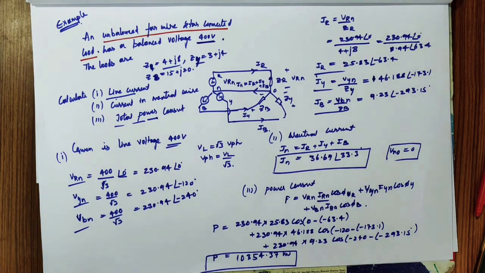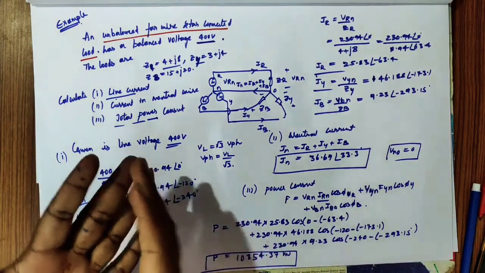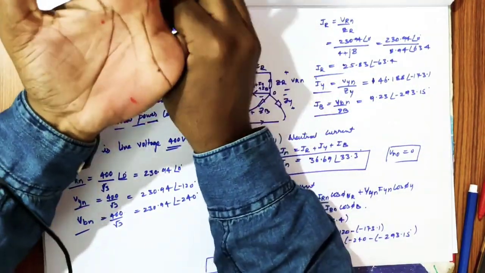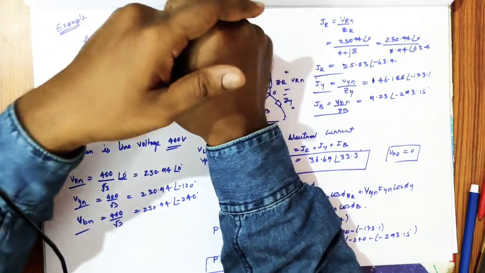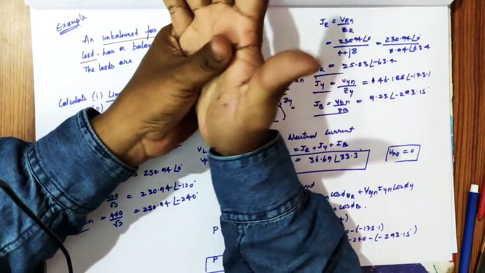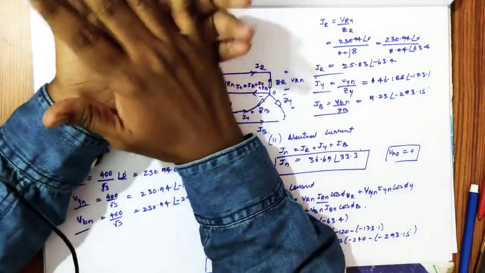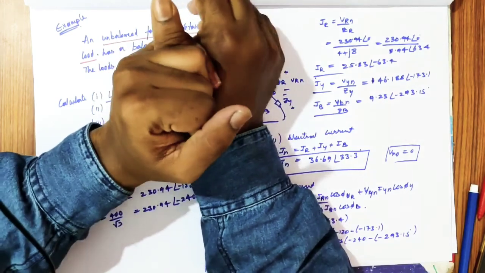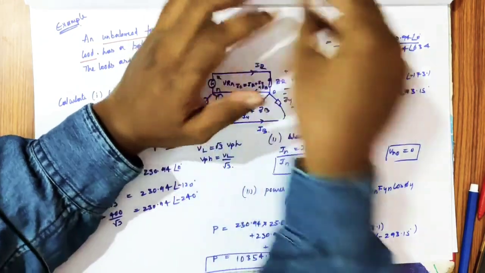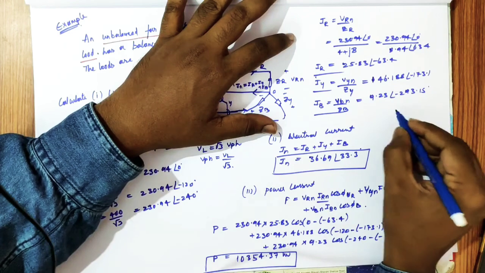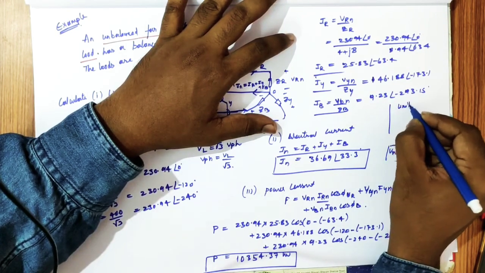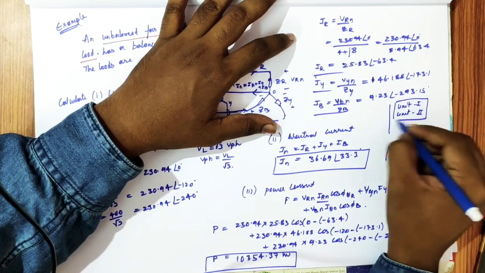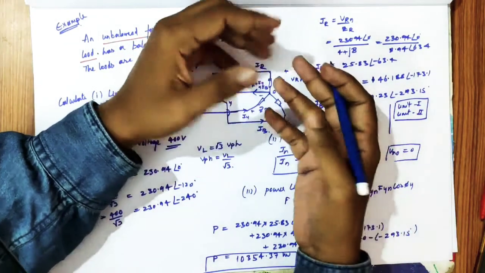Okay, so this is up to the load concepts we have dealt. We have dealt star delta connection, we have dealt star connection, 3-phase 3-wire, 3-phase 4-wire, what are the pros and cons, and everything we have discussed. Now in the next classes we will discuss the power measurement by different wattmeter methods, and in a couple of videos we'll complete this 3-phase unit 1 and unit 2. I'm saying unit 1 and unit 2 cumulatively, so there is no separate discussion for unit 1 and unit 2.